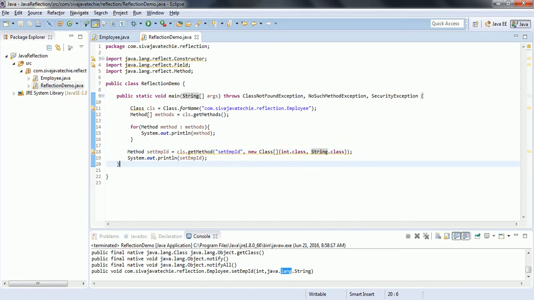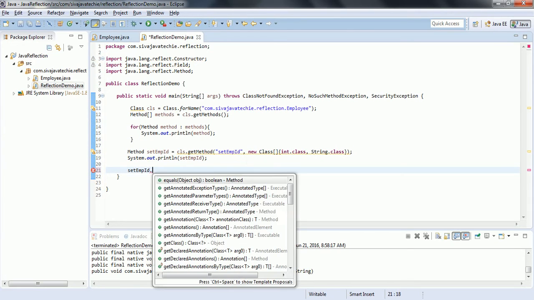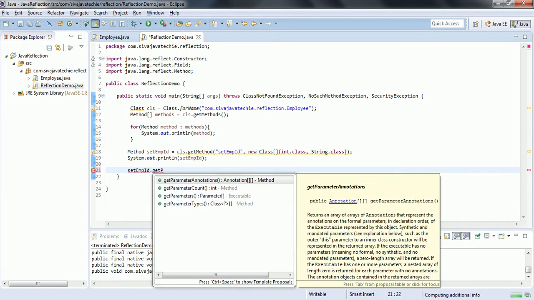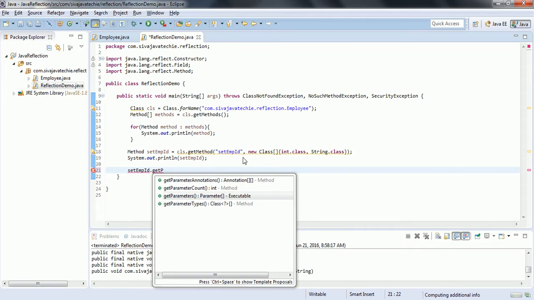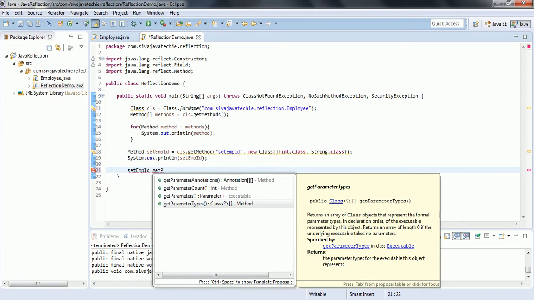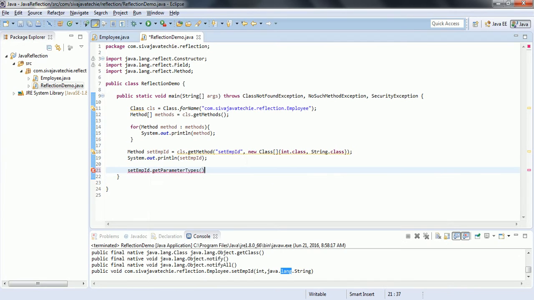Now if you want to get the parameters for the particular method, you can use set employee ID dot get parameters. It is going to return the parameters, and you can also get the parameter types. If I use get parameter types, it is going to return a class array.